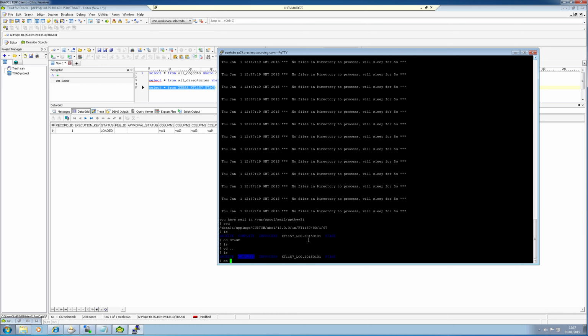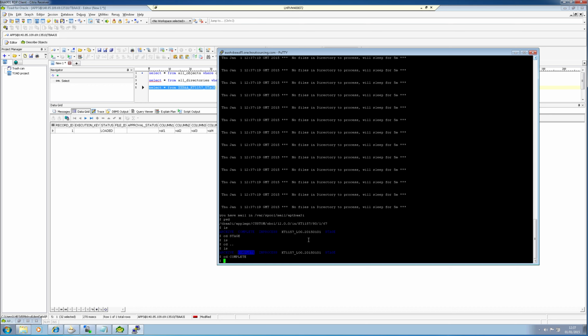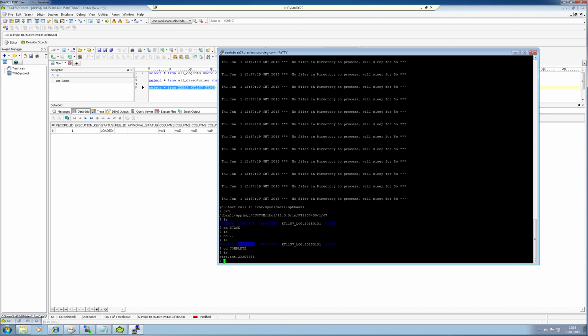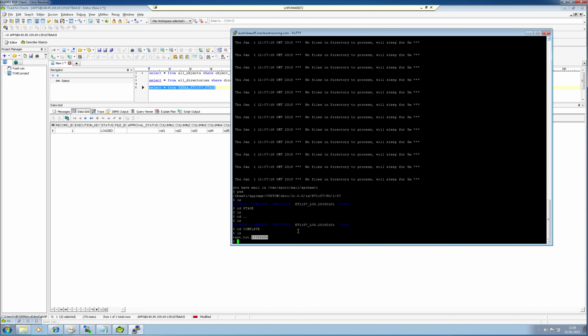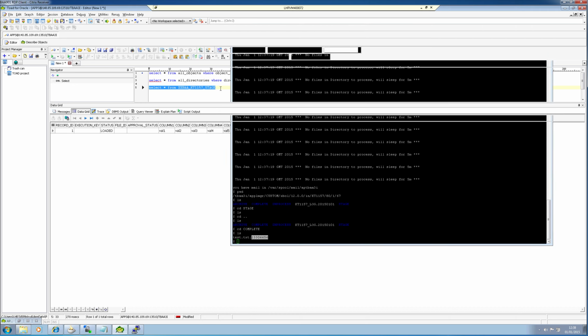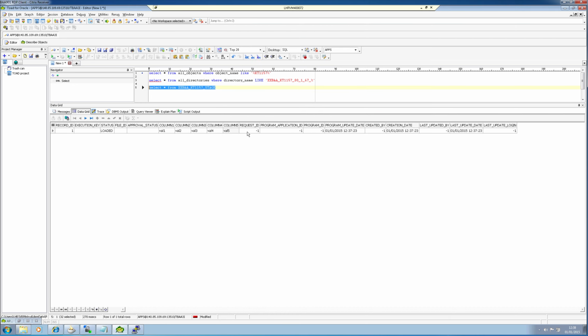If we have a look in our complete directory, because the interface process did seem to complete successfully into staging, we can see here that our test file has been moved and suffixed with the concurrent request ID of the process that loaded the data. Now that concurrent request ID will always be added onto there on a complete file, and if we ever want to find out if something's gone wrong, then all we have to do is go and look at that concurrent request, which will give us the SQL loader output messages for us to debug in the event that we've got a problem. So we can see now that our data has been loaded into our staging table, and it's ready